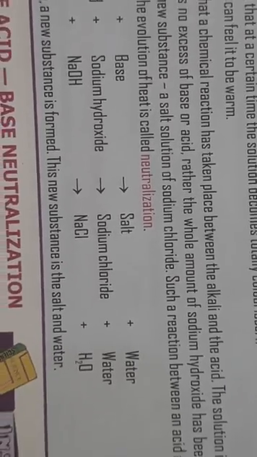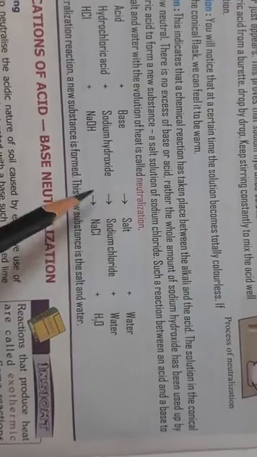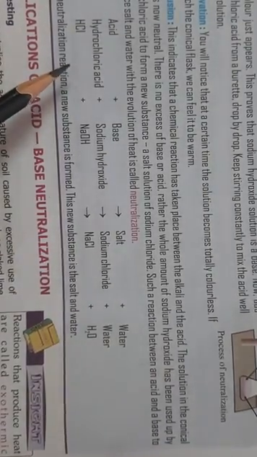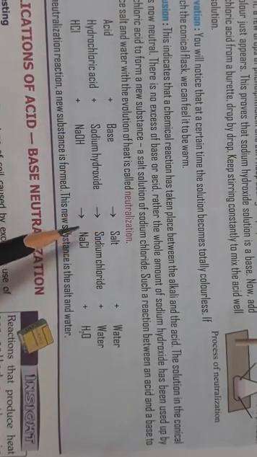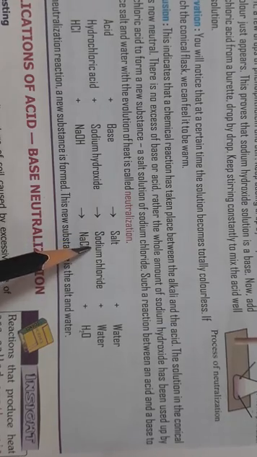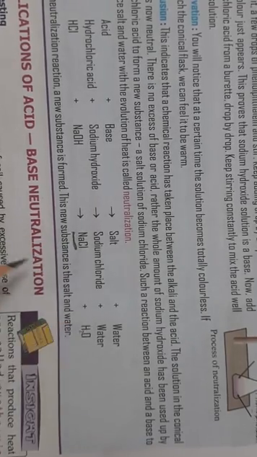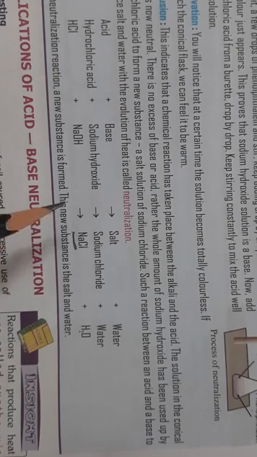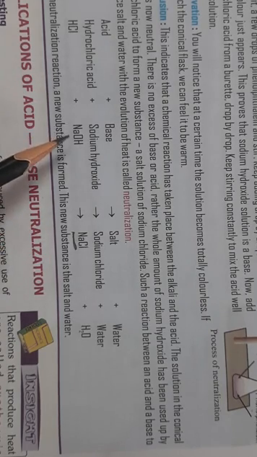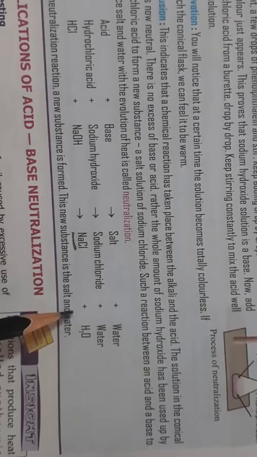So what do you get? The reaction is like this. The acid plus base gives salt plus water. So what did we take? What was the acid here? The acid was hydrochloric acid. The base was sodium hydroxide, and on neutralization reaction, it turned into a salt. Salt is sodium chloride, NaCl. NaCl is a salt plus water. So you can see a new substance is formed. So in a neutralization reaction, the acid and the base react to form salt and water. I hope, children, it is clear to all of you.